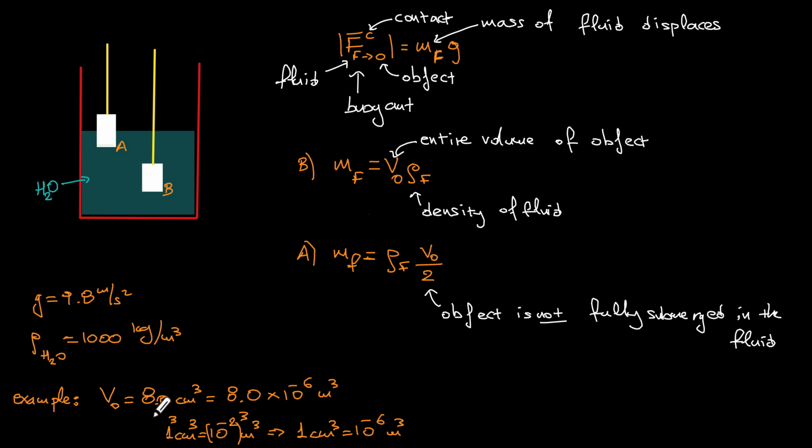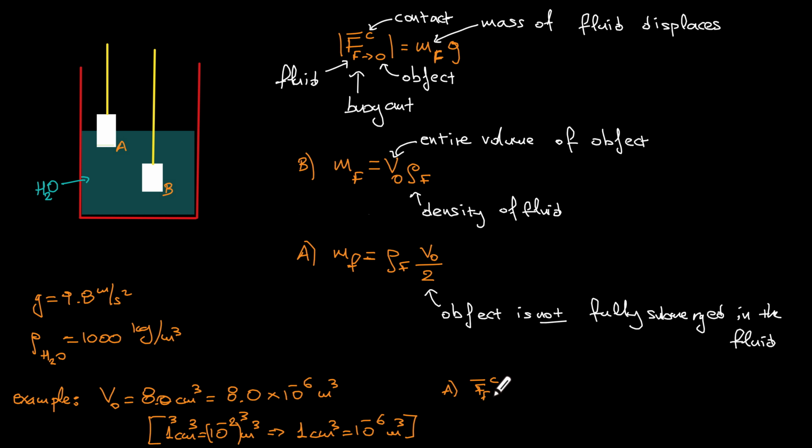All right, that was a parenthesis, a side note. Now, if I have a cube that has a volume equal to 8 times 10 to minus 6 meters cubed, then I can calculate, for case A, if I make it halfway through, then the buoyant force